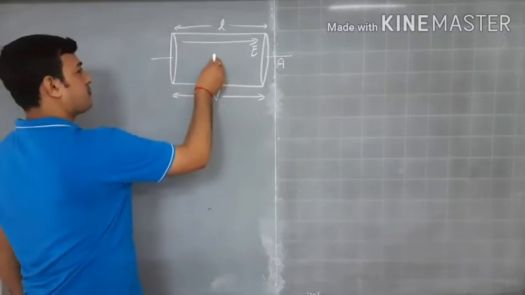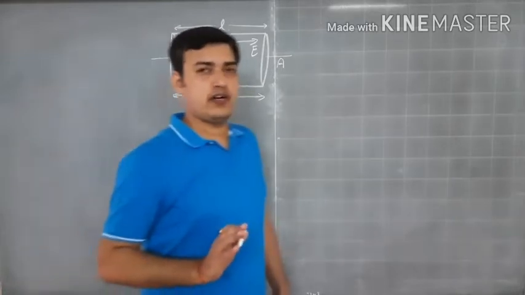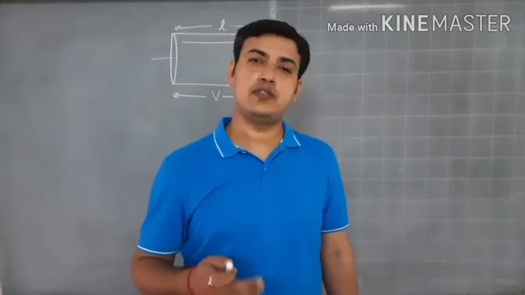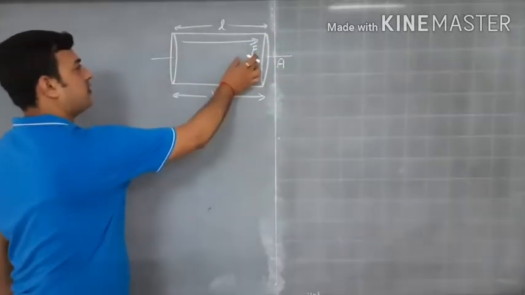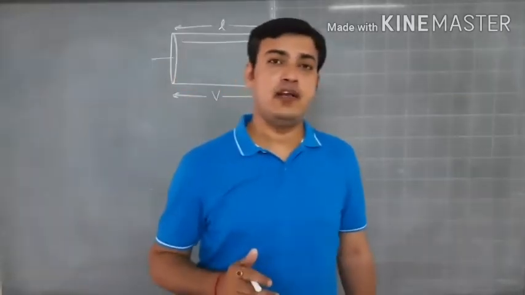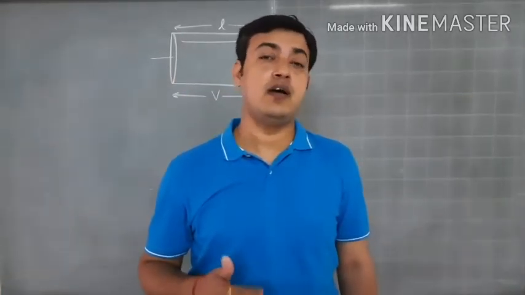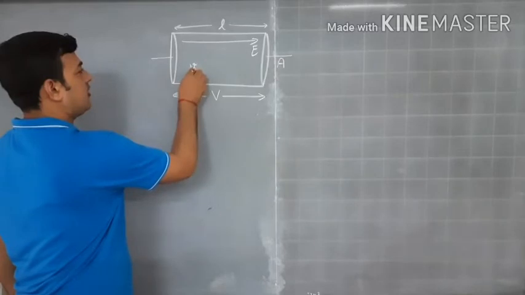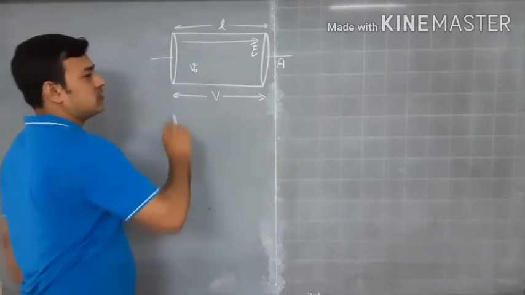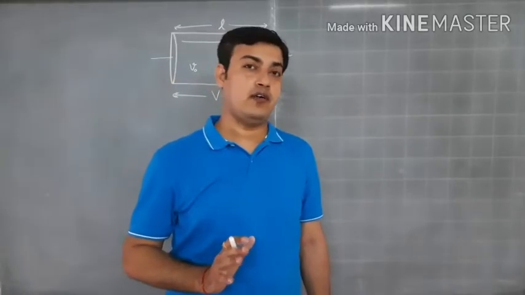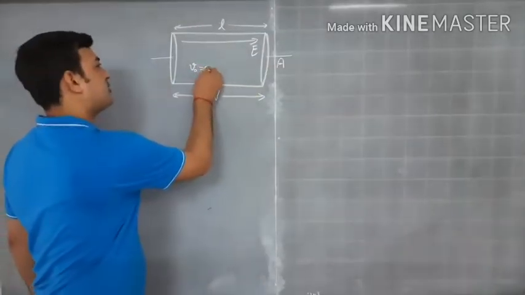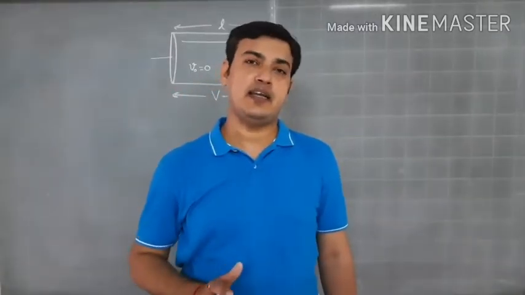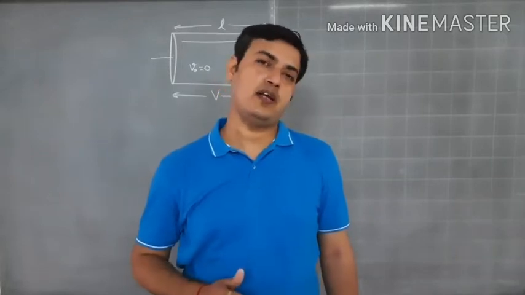We know that if this electric field is not applied, or the conductor is not connected to a source of EMF, then the electric field will be zero and the free electrons inside it will perform random motion. Consider that the random velocity is V0. If V0 is the average velocity of the electrons, then in the absence of this electric field, the net average velocity of the electrons in any direction is zero, and hence there is no current inside the conductor.